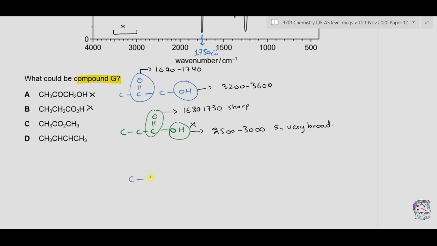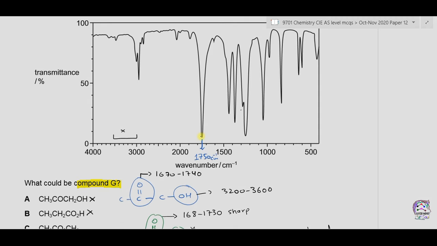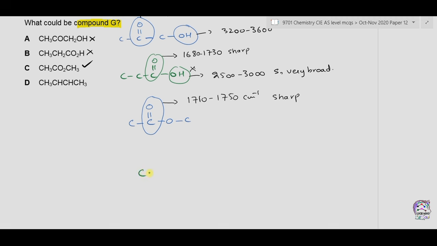In C, we have carbonyl carbon present in ester, and this shows a peak between 1710 to 1750 per centimeter, and the peak should be sharp. No other sharp peak is found. As in the structure, we can see that the only sharp peak is at 1750, so therefore C could be the correct option. For D, we have alkene functional group,